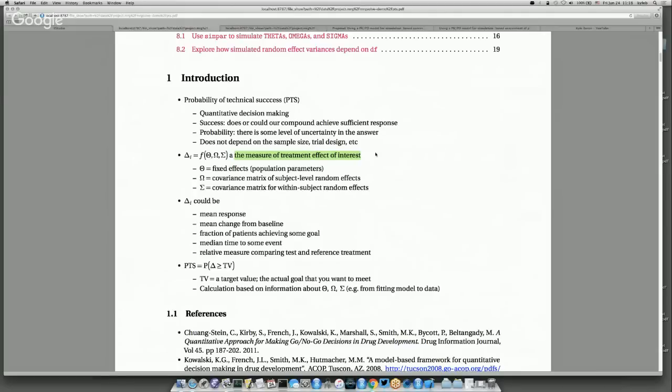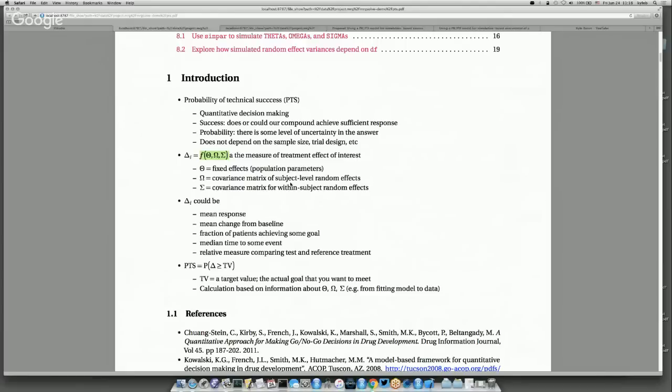And this delta i can be calculated, and this is a function of theta, omega, and sigma. And this is basically going to be our population PK/PD model. So we've got our thetas, those are fixed effects or our population parameters. Omega is the covariance matrix for subject level random effects, and sigma is a covariance matrix for within